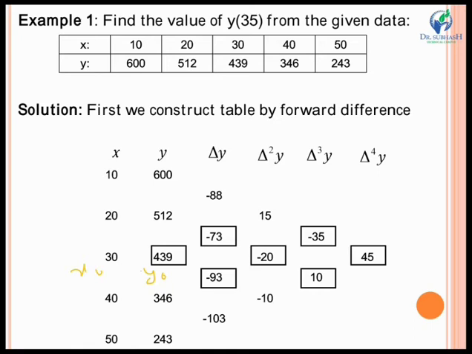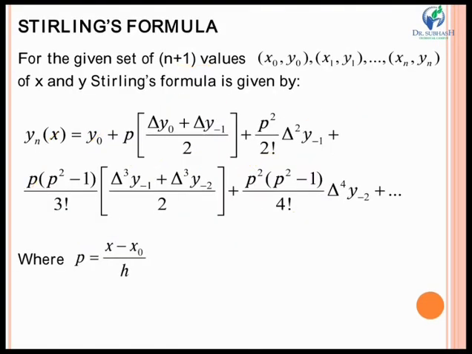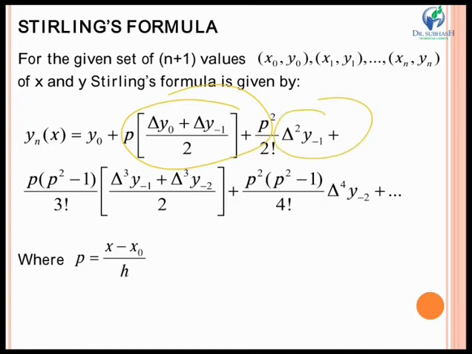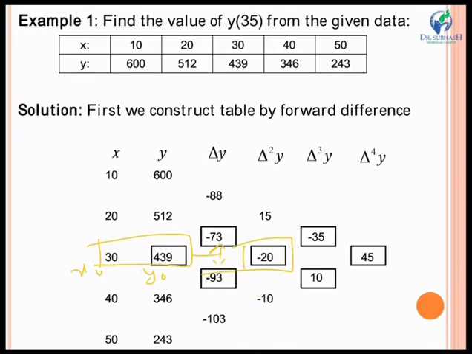Now see, here you have to take the average. If this is our x0 and y0, I will take the average of this value, that is delta y, which this is the portion, this is the average of these two values. Again I will take a single term, that is of delta square, which is delta square y minus 1. Next I will again take the average of two values, and in the last term I will take a single value. So here there is the average of two values, right?